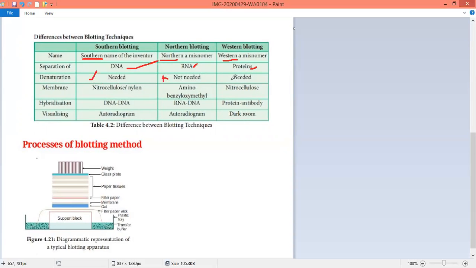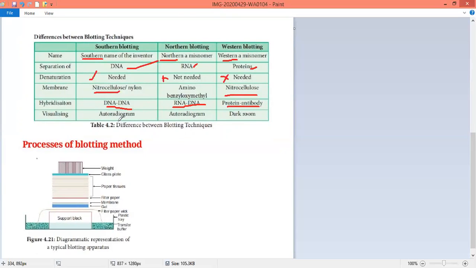If you take the Western blotting technique, it was first introduced by Towbin. Towbin, he was the person who introduced this. And what kind of membrane is required? Nitrocellulose membrane is required. And here you can take diazobenzyl methyl filter membrane or benzyl oxymethyl membrane. We can take a specific kind of membrane, and a common membrane, that is nitrocellulose membrane, can be used. And hybridization. Hybridization takes place with the help of DNA, and here DNA and RNA hybridization takes place because RNA is formed from the DNA. And for proteins, specific antibodies interact with specific kinds of proteins.